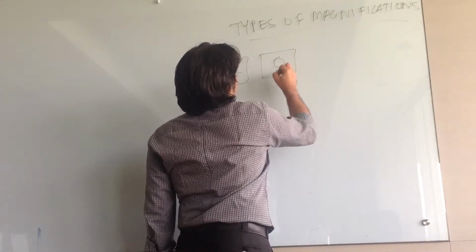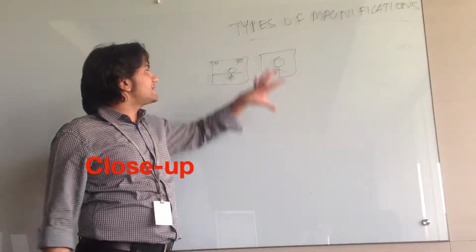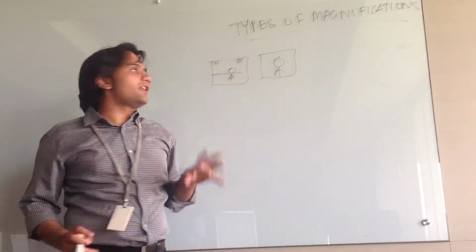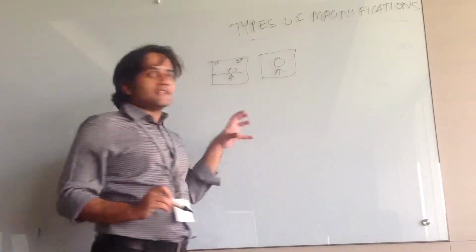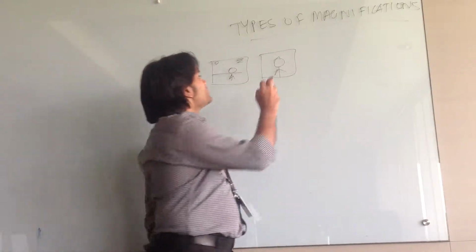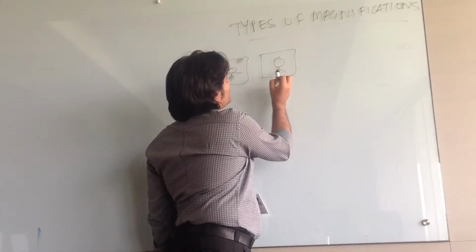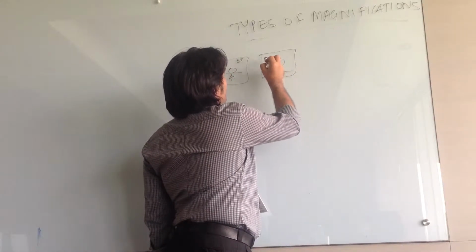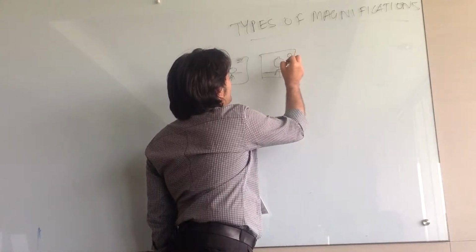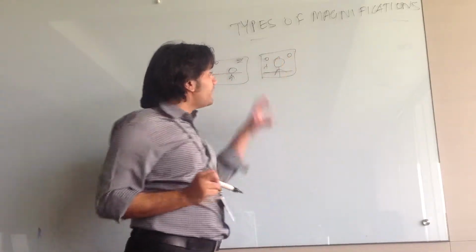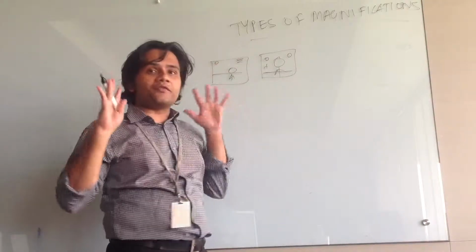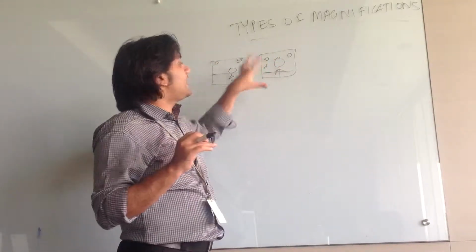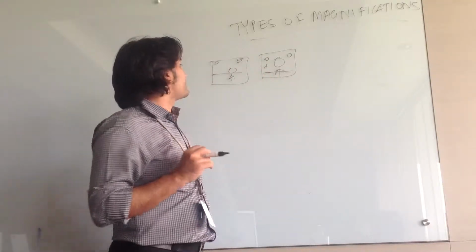As opposed to that, a close-up is where you are cutting out irrelevant information from your frame. So you are focusing on what you really require. You just see the face, you'll see him up till a certain point, and then you'll probably see a few important things, or if they are not there, you will set up your frame in a way that only the important information is captured, and that is called a close-up shot.